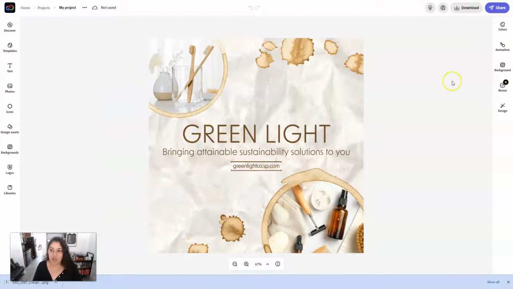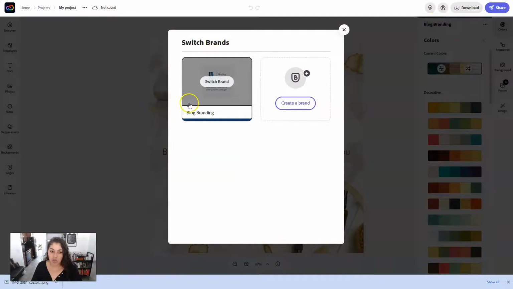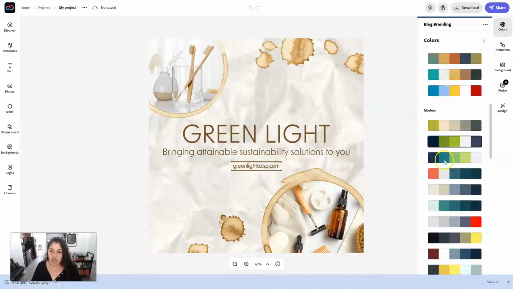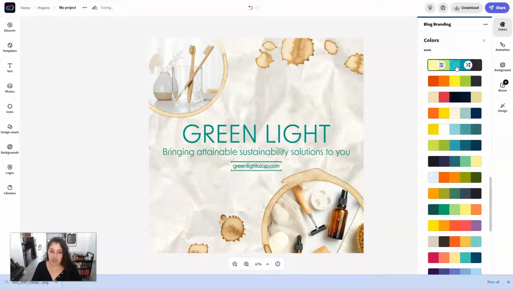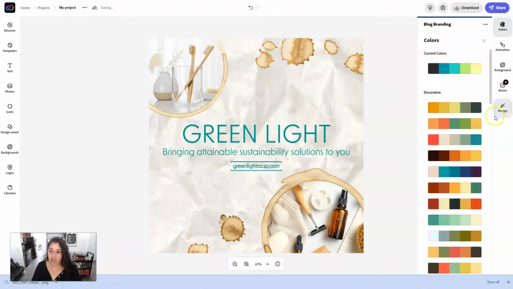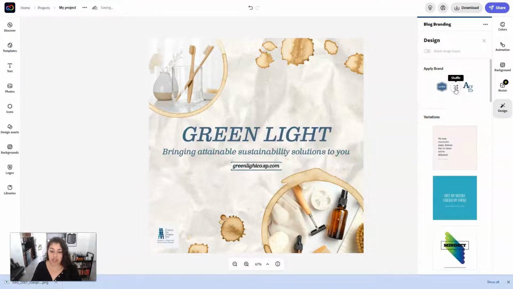Cool, so then let's look at kind of our panels and our options here. So along this side is where you can change the colors, and you can get to your blog branding colors as well. And so it's okay, cool. So you can switch your brand around and quickly sort of change the entire color feel of everything. You can also do that in design by applying the brand. And so this will do whatever colors and logos you have automatically get put onto the